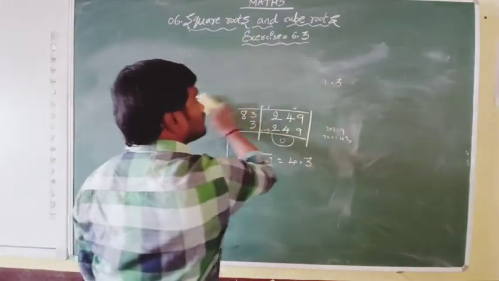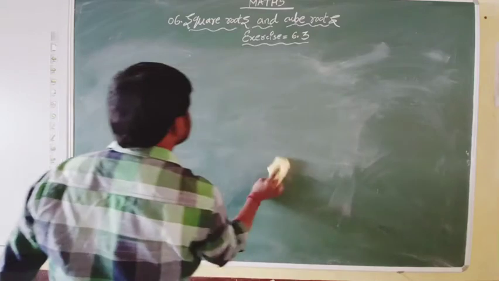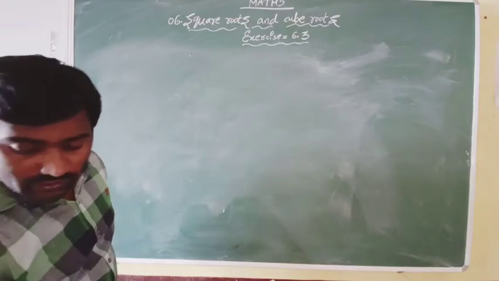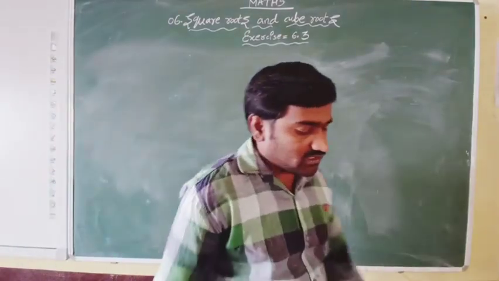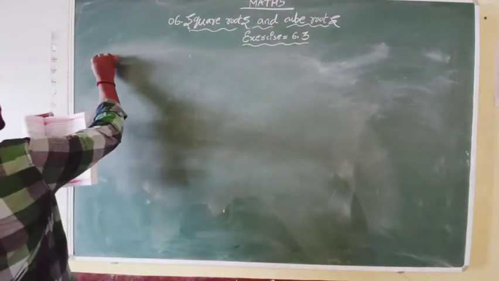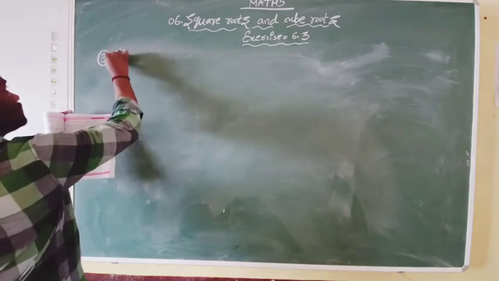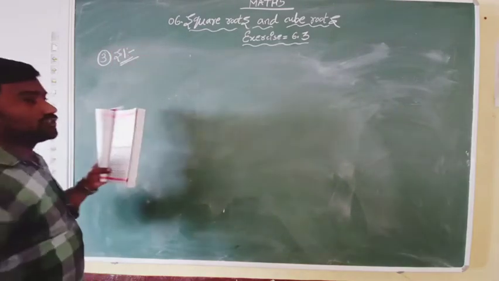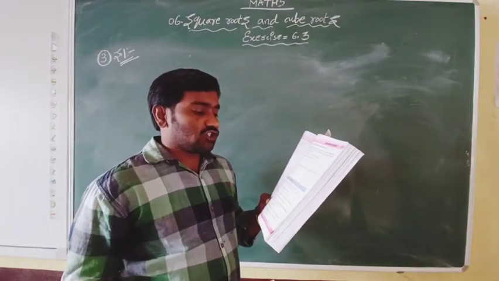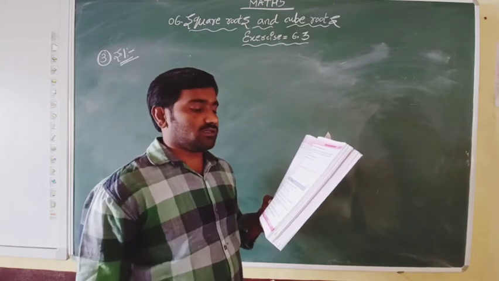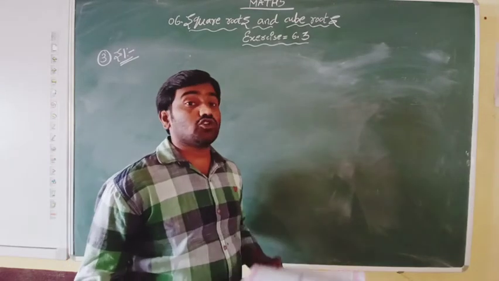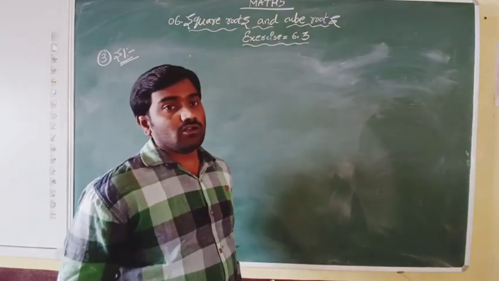There are some more problems using the division method. We are going to solve this exercise completely. So let me take one problem in this exercise and I'll make you understand how to do this. And there is a third question at page number 141. Third question solution, I am going to do it. See what is said in the question. Find the least number that should be subtracted from 4000 to make a perfect square.